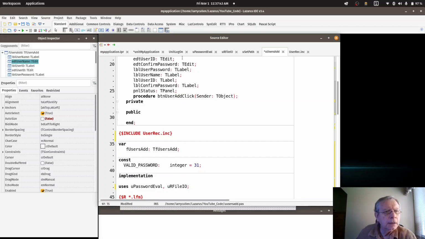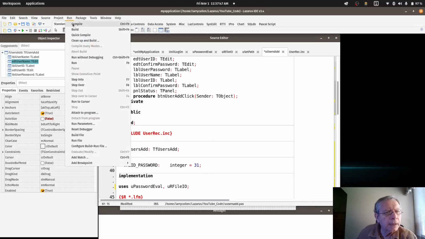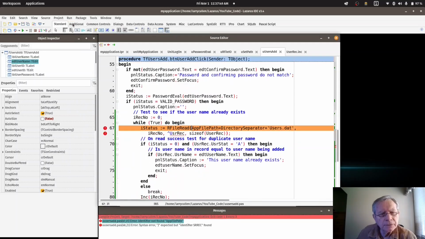Okay. Well, let's compile it and see if there's any obvious errors here. Oh, it doesn't know what app file path is. Oh, yeah. App file path